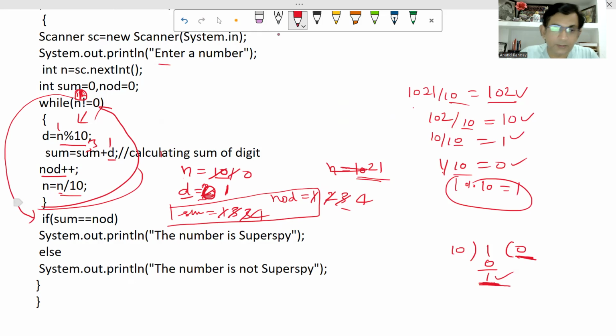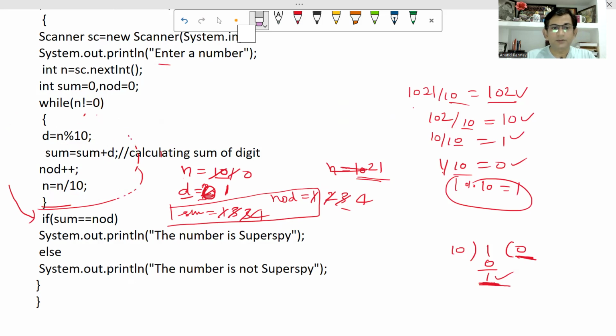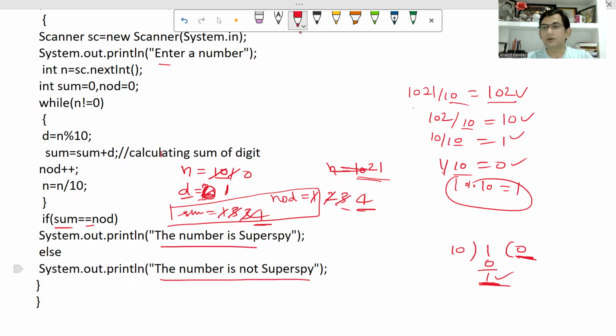Okay, I hope you are getting that point. So in this we are finding the sum of digits as well as counting the number of digits. You can do both logics in one loop, or separately also if you are not comfortable with this. Coming outside the loop, the variable sum has the sum of digits, that is 4, and NOD has the number of digits, that is also 4. If both are equal, we have to display the message number is super spy,